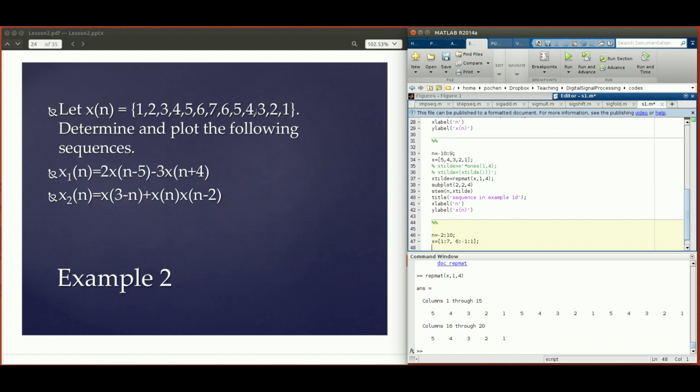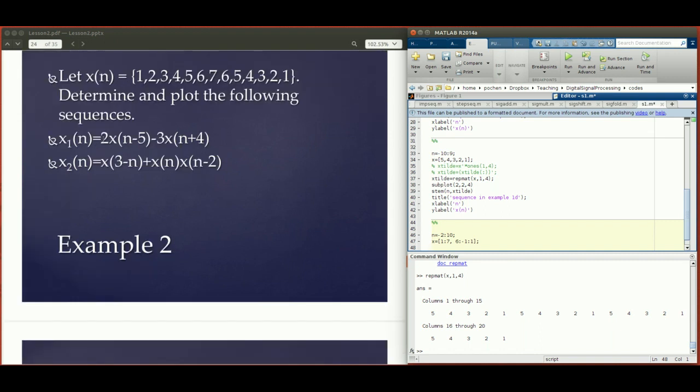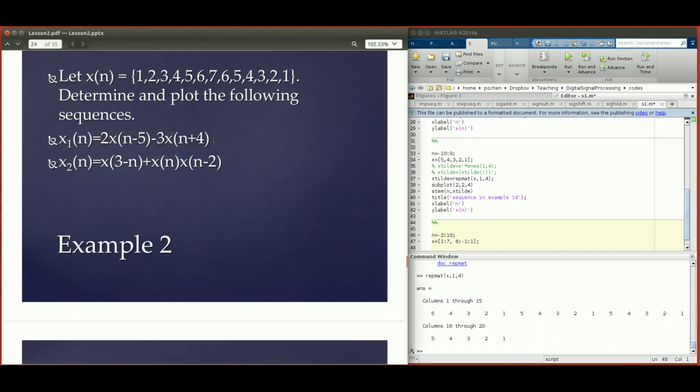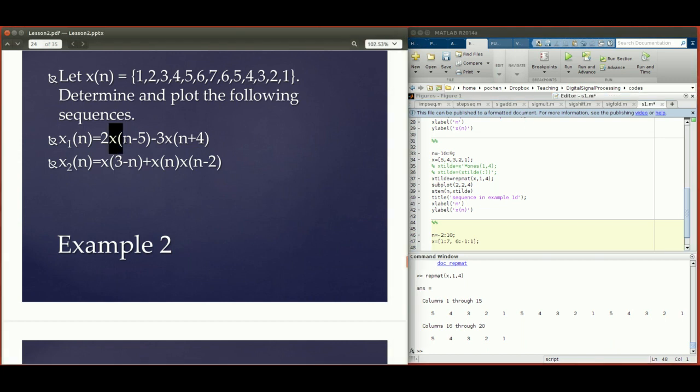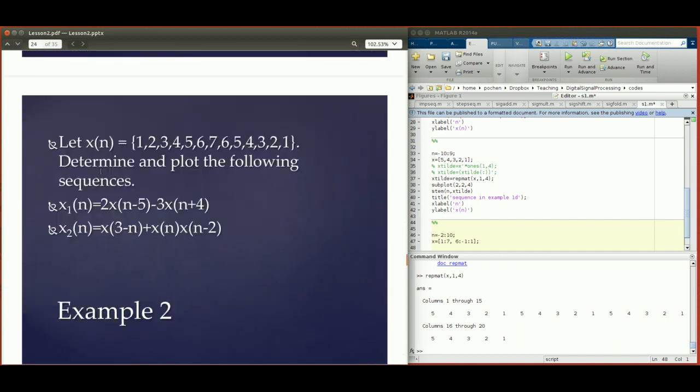This time we're going to construct this particular sequence in multiple steps. We're going to first generate a signal that's being shifted, and then another signal that's also being shifted, and then we're going to add and subtract these 2 signals. So first let's construct this signal. To construct this signal is relatively simple. All we have to do is call the sig shift function, which is going to have two outputs,